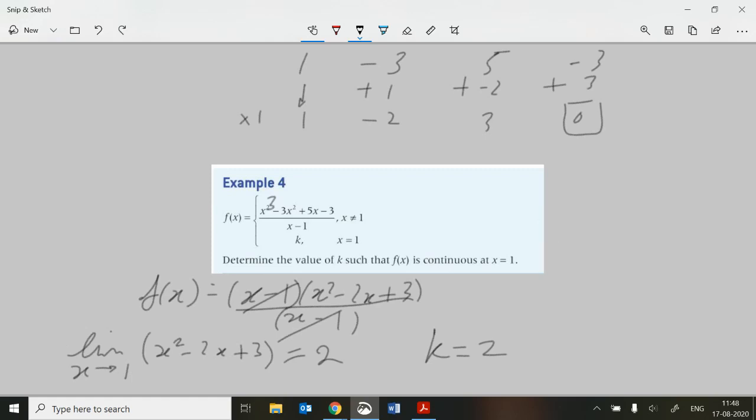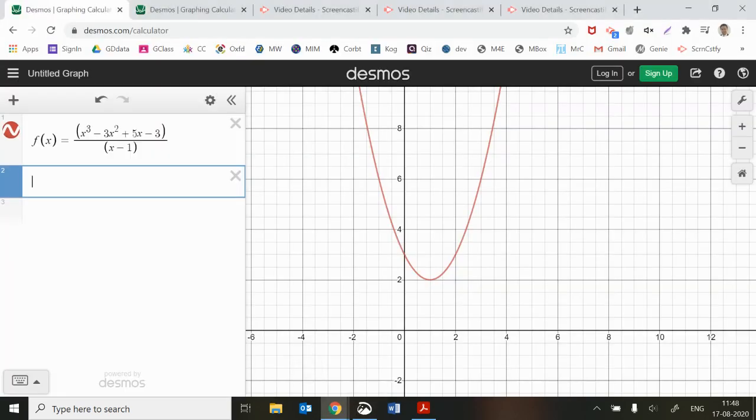So remember, in that graph which I drew, we're getting this point at the bottom, 1, 2, but we're tending to 2 from this side, and we're tending to 2 from this side. Now, in order for you to define this as a function, this part here is necessary, because obviously when you put in x equals 1, you have a problem. So it's not defined at this point here. So even though when I draw this graph here on Desmos, it appears to be defined at 1, 2, in fact, it's not defined there unless we come up with the function,